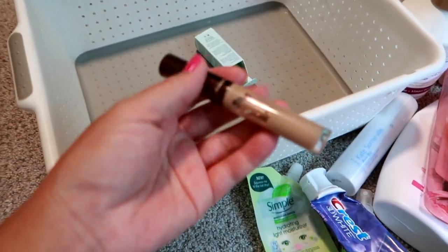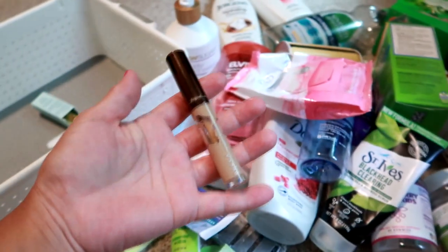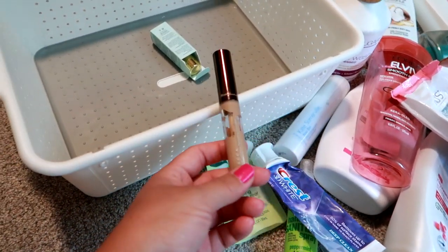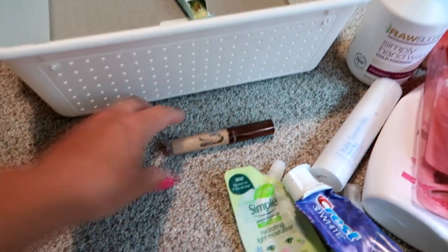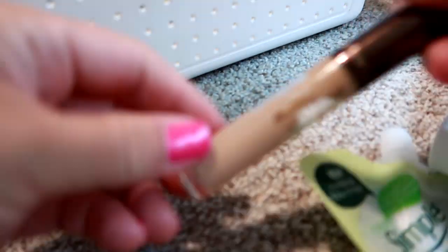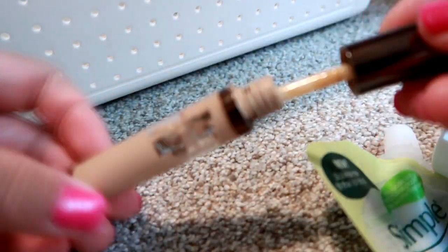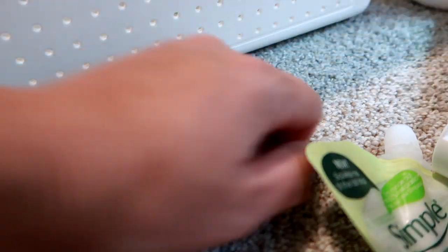This is a concealer that I am choosing to recycle. As you can see, there is still product in here, but I'm recycling it for a couple reasons. The main reason being it's old. This is probably maybe 3 years old. But another reason I'm recycling it, besides the fact that it's old, is it's just